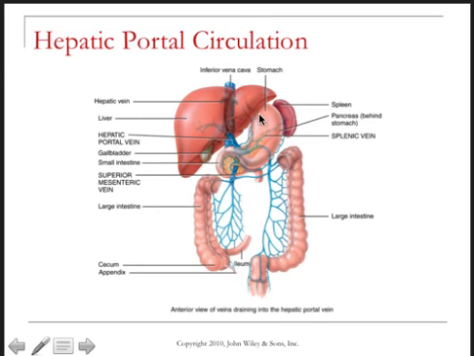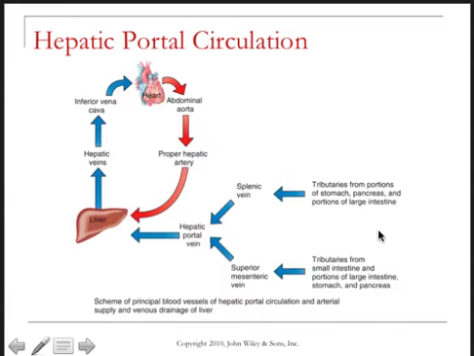Okay, so this is a very important organ, the liver. Without it, we wouldn't be able to survive. This is just a diagram showing you the basic route to and from the liver. So if we start with the heart, the aorta delivers oxygenated blood, eventually making it to the abdominal aorta, which